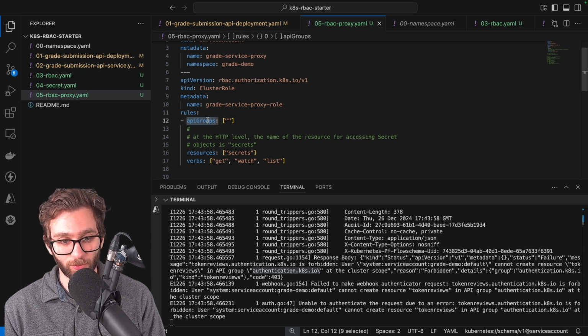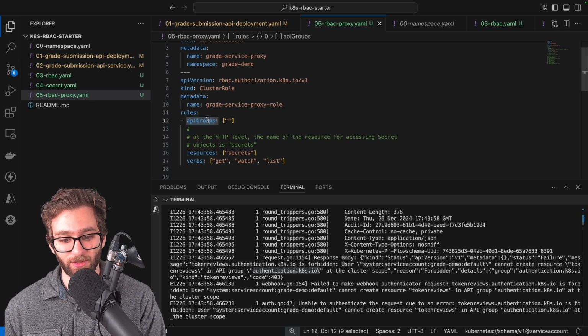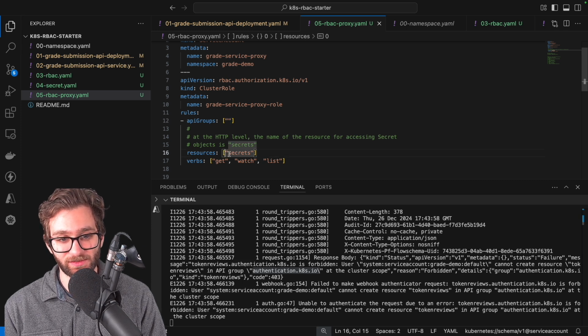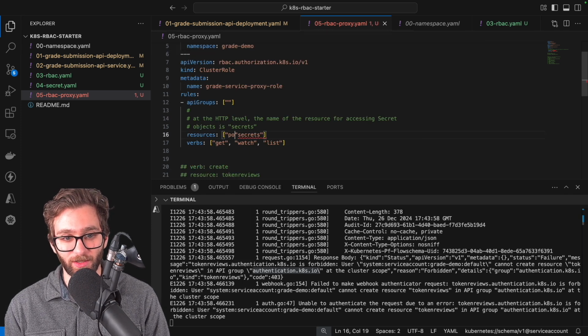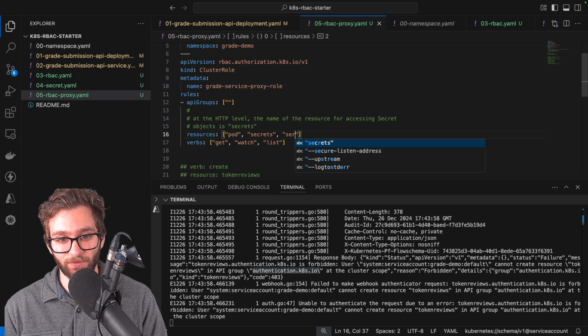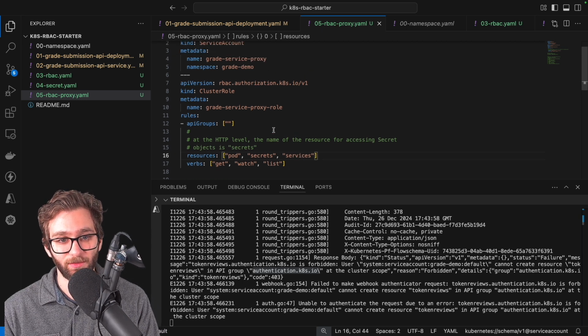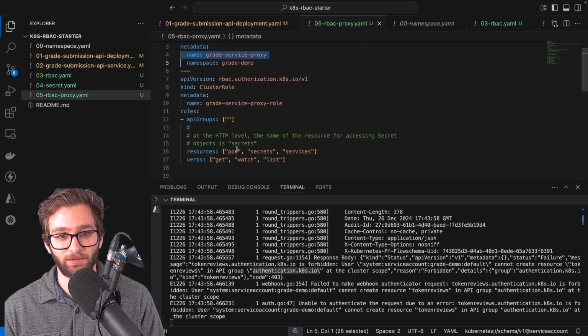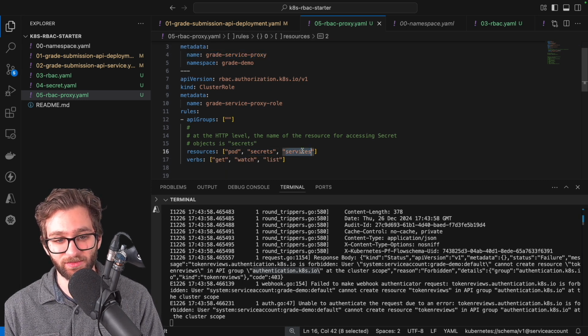So each group contains resources that are logically connected. By specifying an empty group, this is the core API group. And resources that belong to this group are pods, secrets, services. Okay, so if we specifically want to provide our service account access to pods, secrets, and services, and allow